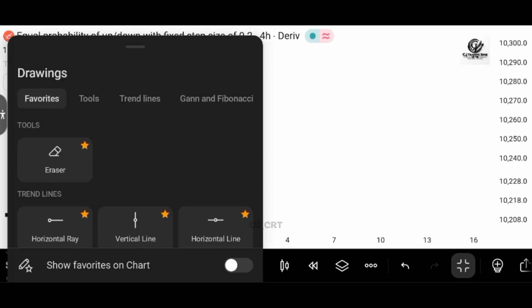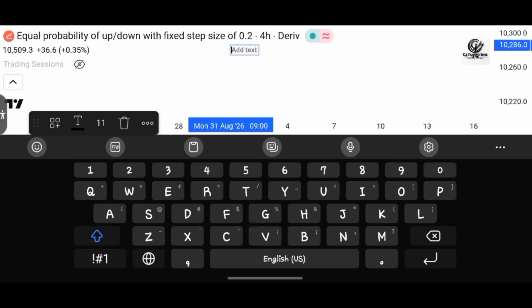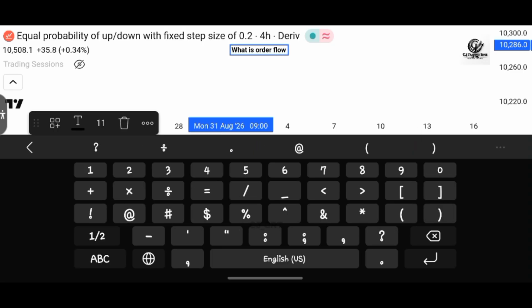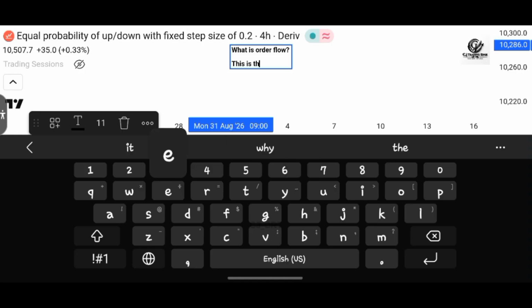Let me write that down. What is order flow? This is the real time between